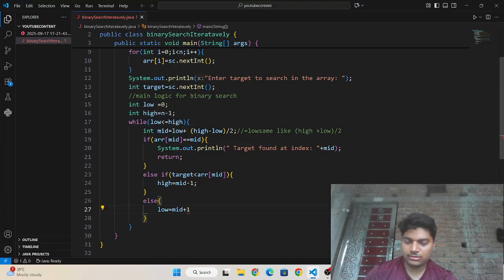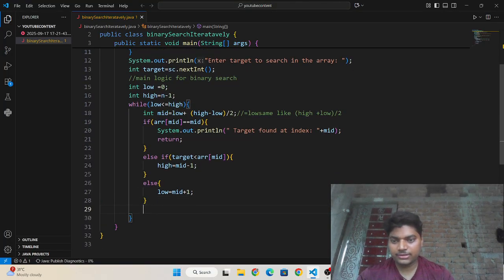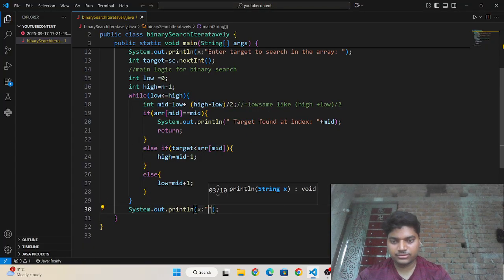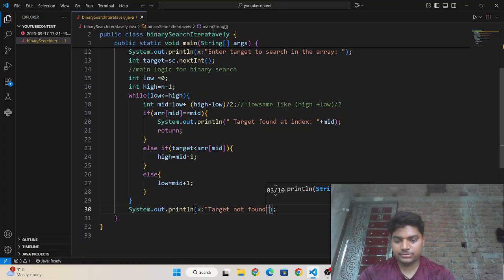Okay, mid plus 1. And if it is done, then you need to write here what? Target not found in the array.